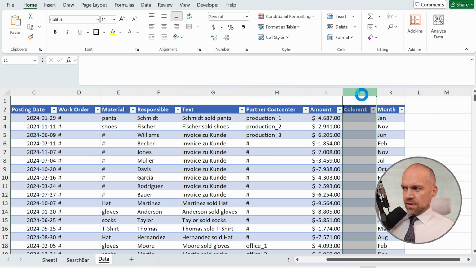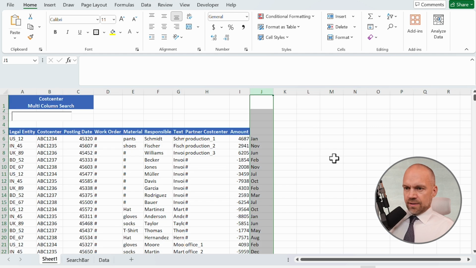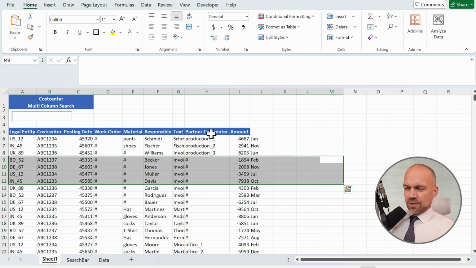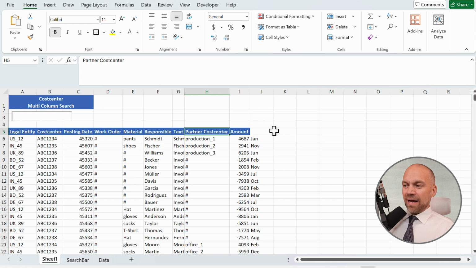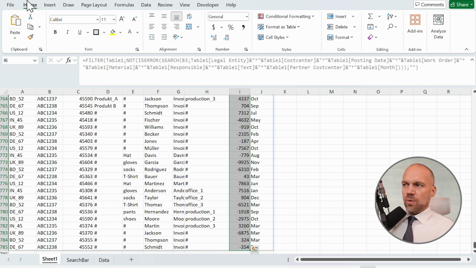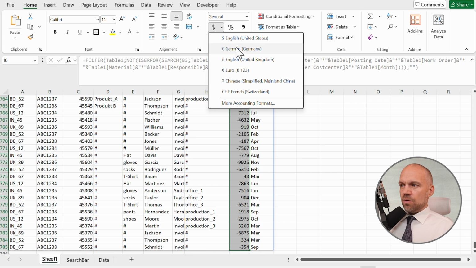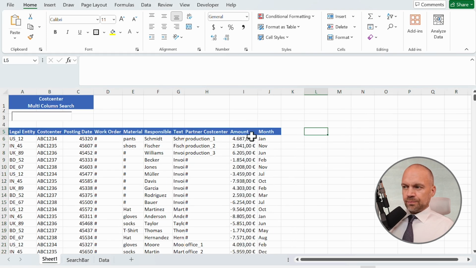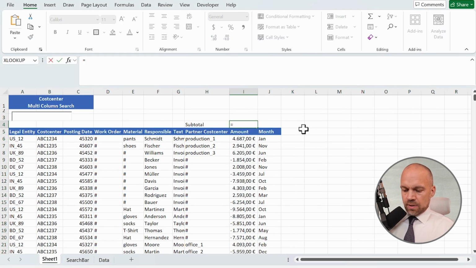We delete it. And it's repaired. And we added the month column. So we write in month. And now we want dollar or euros. And here we want a subtotal,